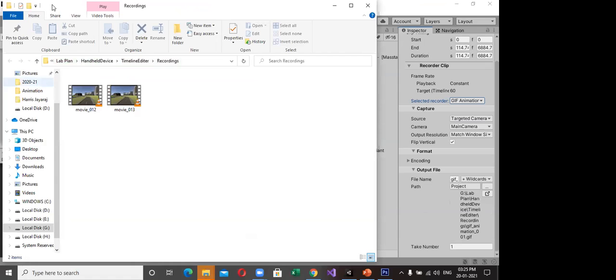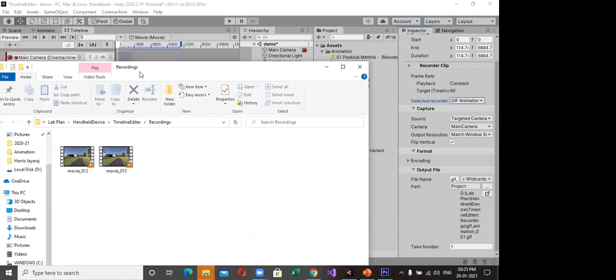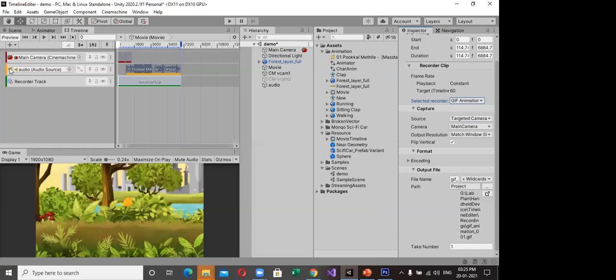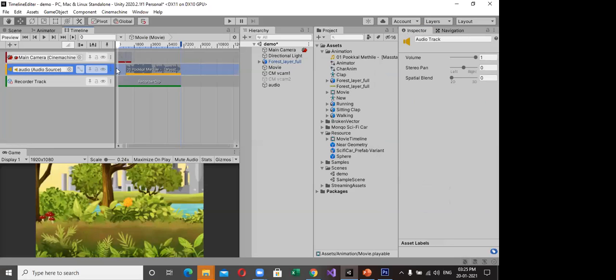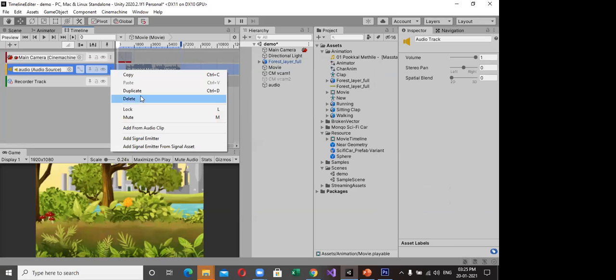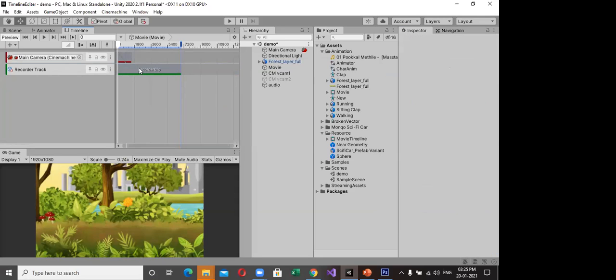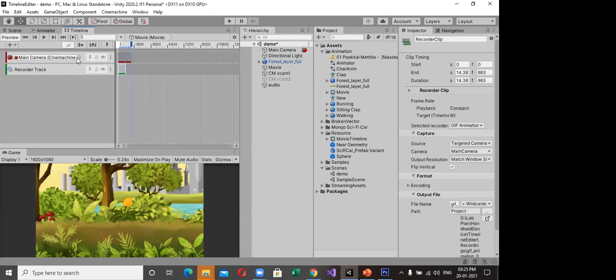Because if you work with a zip file, that audio can't play. Just I remove that, delete it. Recording clip, I make it this to that area. I record it. Okay. And I play. Now the zip will be generated.